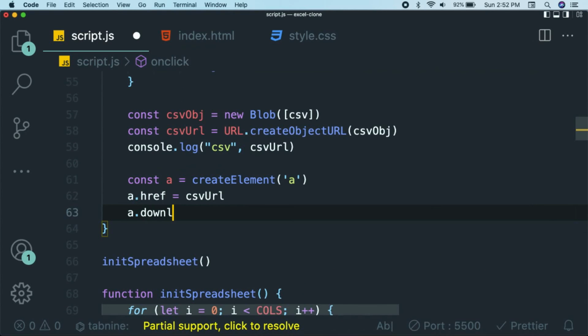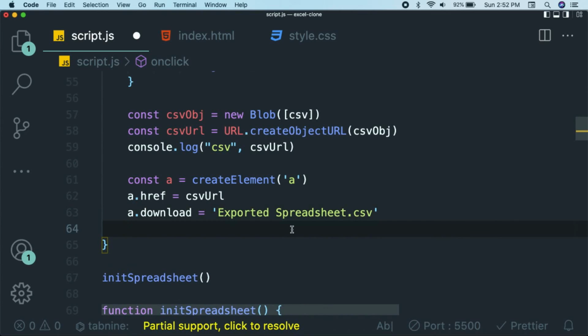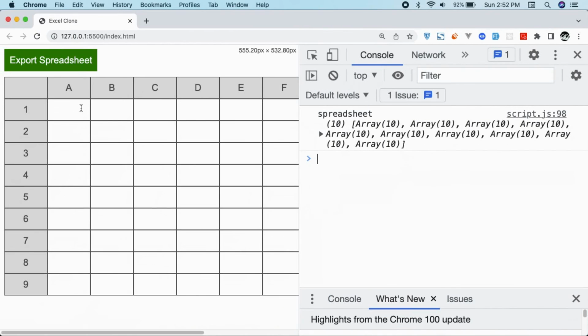Then a.download, I want to put a download name here, say Excel spreadsheet or exported spreadsheet, and here I'll give the type CSV. Whatever file it is, it will be downloaded with a .csv extension so that it's recognized by other applications. Now I simply want to click it. Now if I try it,